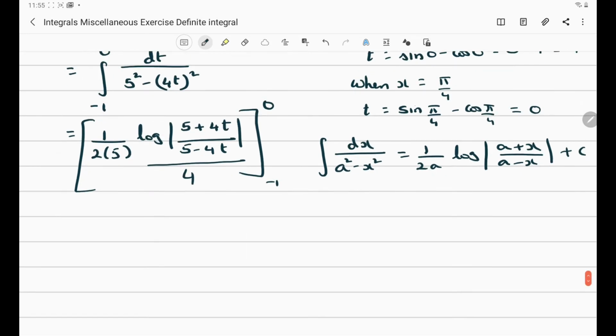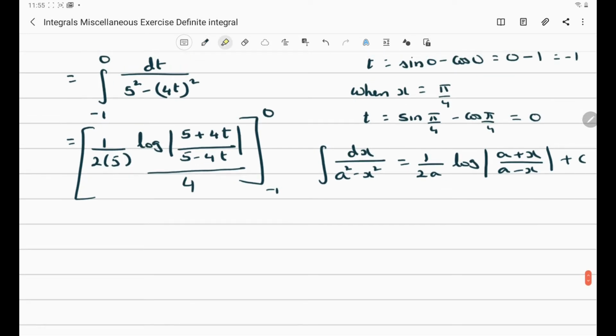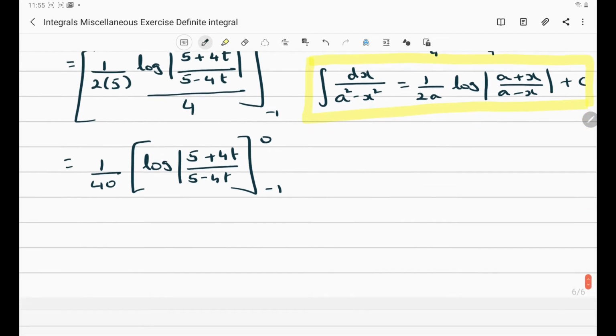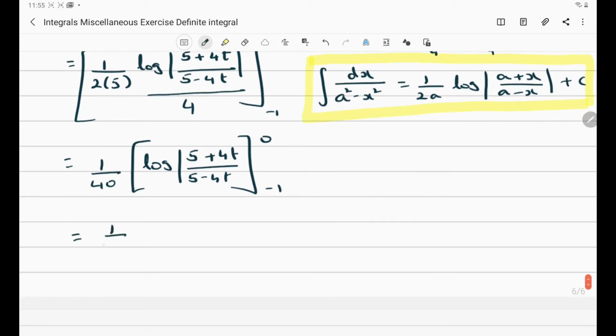Now we substitute the upper limit and lower limit as 0 and minus 1. So we get this as 1 by 2 into 5 into 4, that is 1 by 40 times log mod 5 plus 4t divided by 5 minus 4t, with the upper limit as 0 and lower limit as minus 1. Let us do the substitution now, and we simplify,